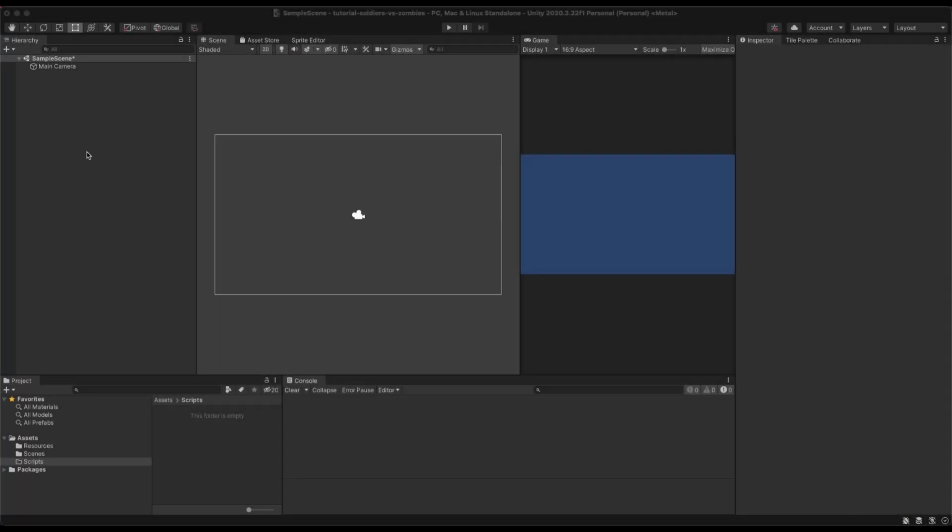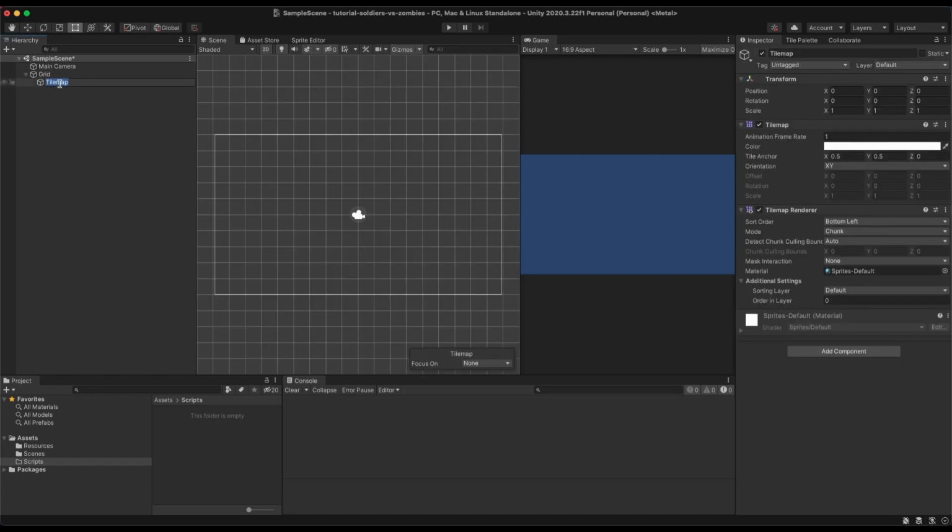That's an empty project with one scene and the main camera. Let's start and create our grid and tile maps. We will have 3 layers of tile maps. The first one will be the ground with the ordering layer equals to 0, roads with ordering layer equals to 1, and the details tile map with ordering layer equals to 2, where I'm gonna add some details like rocks